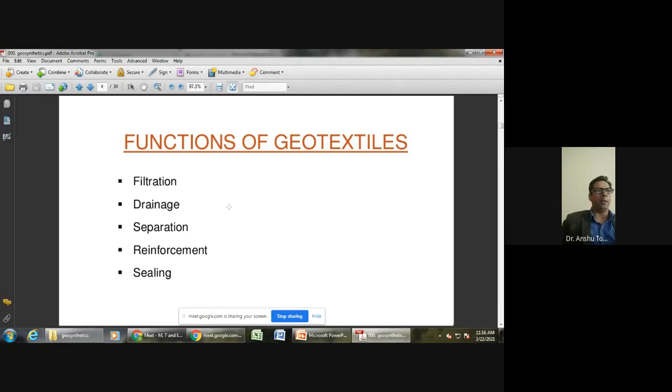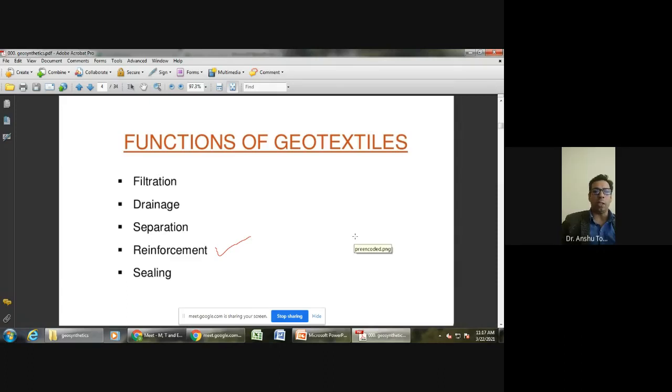Drainage, it is being used for the drainage purpose, especially if it is being applied externally later on when the structure has already been constructed. So we have several forms of geotextiles. Some of them, which are quite hard, can be used separately for the drainage purpose, as they can sometimes be 100% impermeable. Reinforcement, we use geotextiles as reinforcement also sometimes,